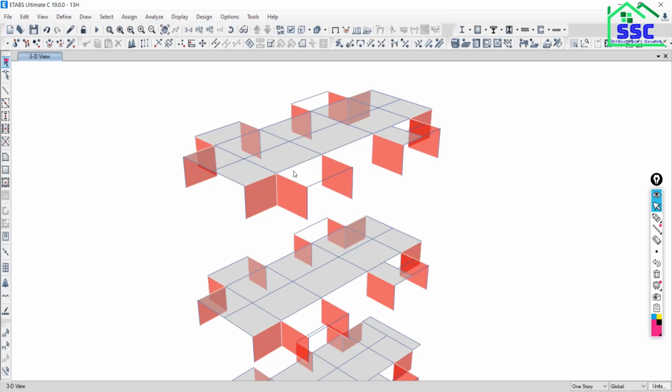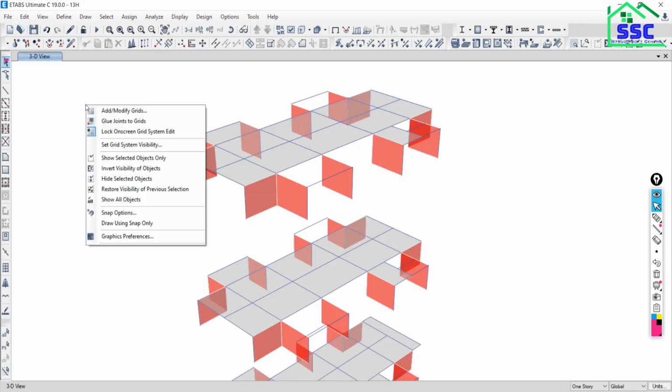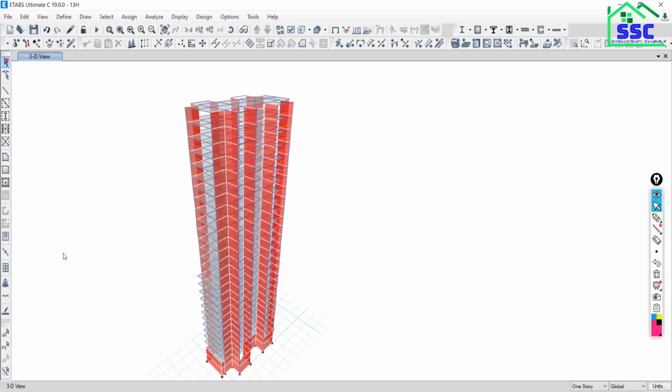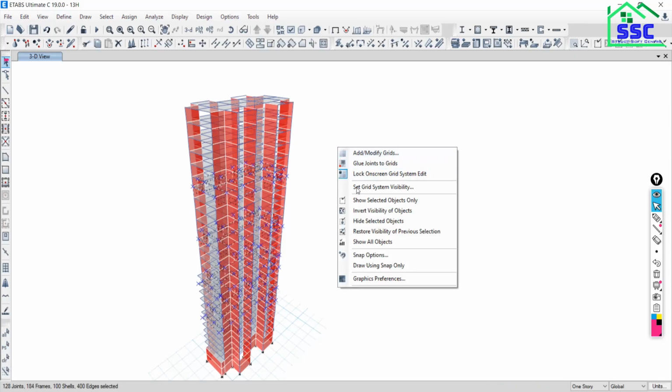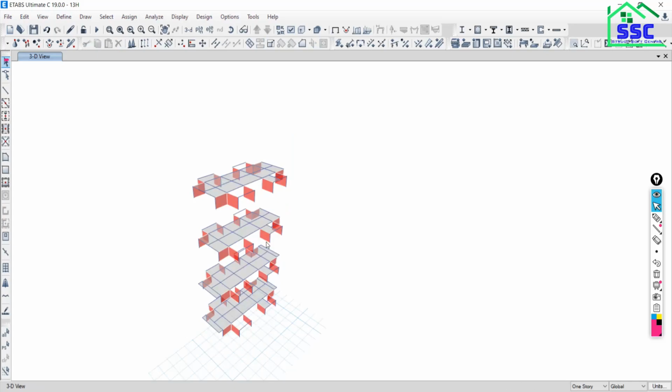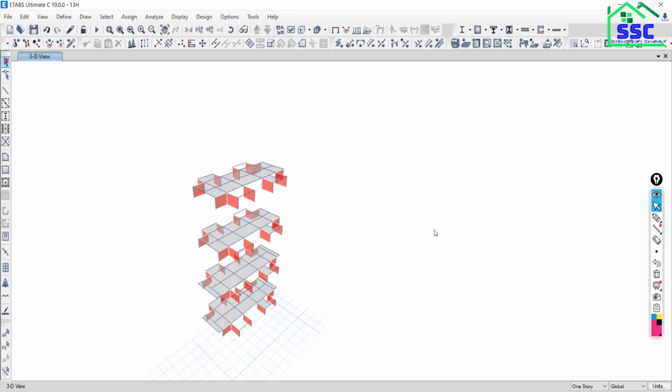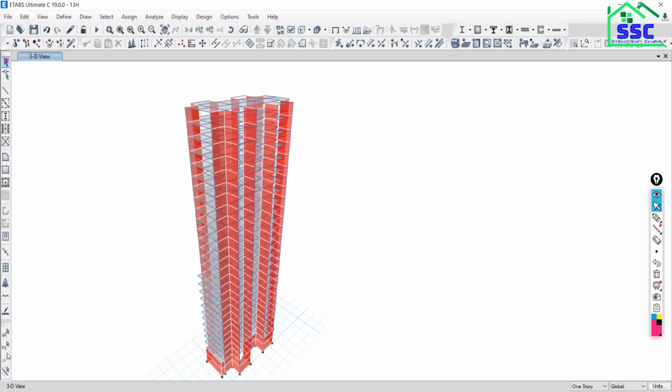So this is another way of making the selection. Just right click on the window, show all objects. Okay, see, just click on previous selection. So the last selection will be in view. Then right click on the window and show selected objects, so that will be there. Just right click on the window, show all objects. Now previous selection, just click over previous selection, and the things will be in selection.